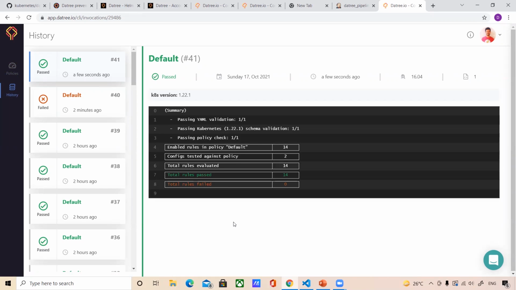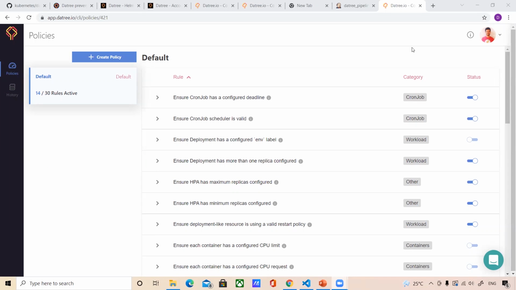So this is how, by using Jenkins, you can add a Datree stage, and you can do a static code analysis on your Helm charts or Kubernetes manifest files. So in a nutshell, Datree is a tool which does static code analysis on Kubernetes manifest files or on given Helm charts. It is a good fit in CI, so we can find mistakes and inform the developers back at the early stages of the development lifecycle.